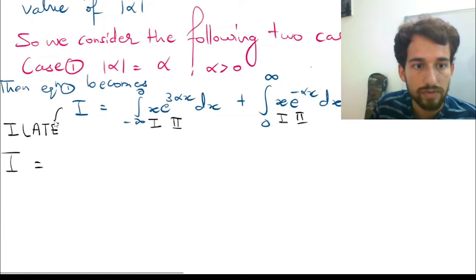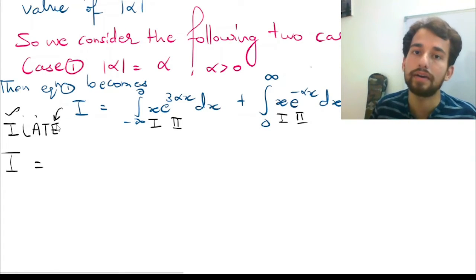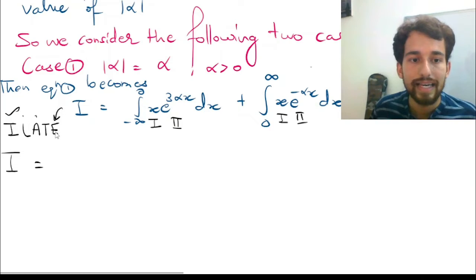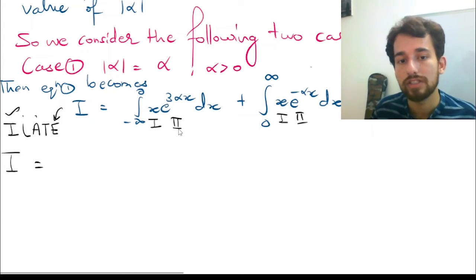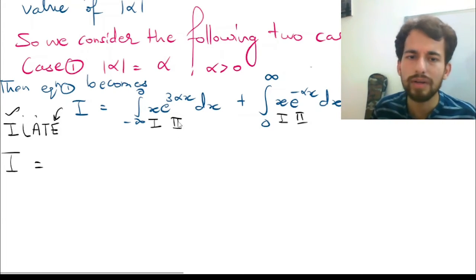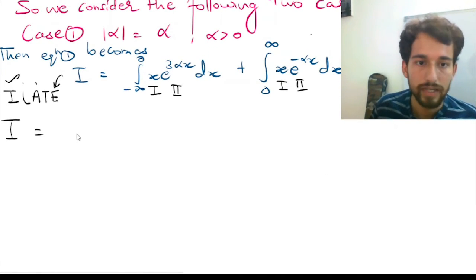That is, E stands for exponential, I stands for inverse, L stands for logarithm, A stands for algebraic, and T stands for trigonometric. So because my exponential function, if it is present in the integrand, will always be at the last, it will always play the role of the second part. So I'm not bothered which is the first. I just assume that this is second, so the other one has to be the first one. Okay, so now my I will become,